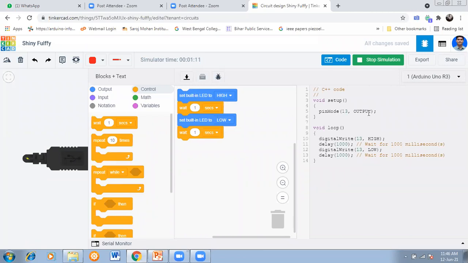Pin mode 13 will automatically be treated as output. When this is wait for and it is high, digital write 13 high ho gaya. So when you choose this block, automatically 13 number pin is selected as output.